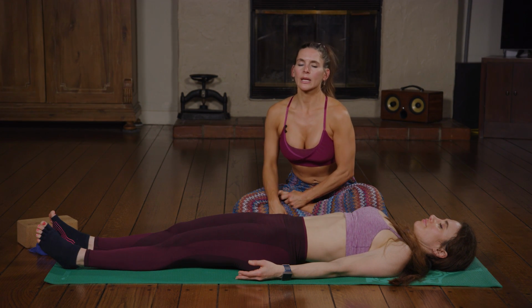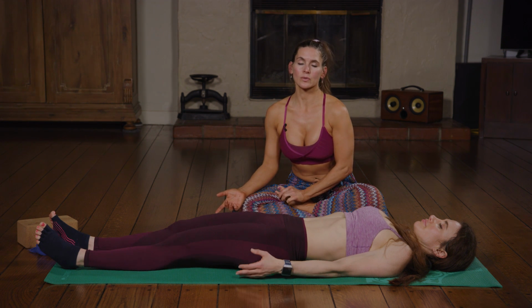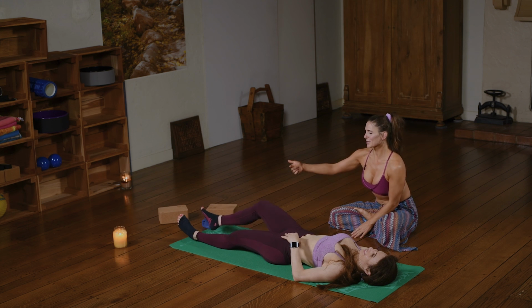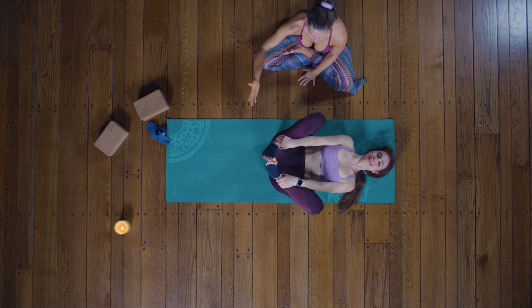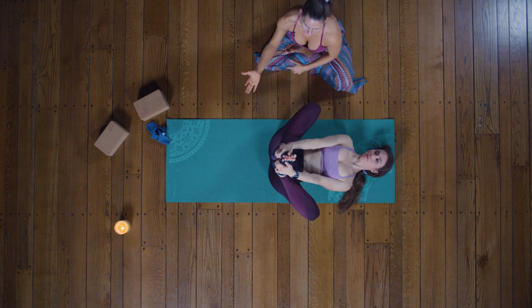And then we're gonna bring ourselves into, the lower body's gonna come into butterfly. I call this one a squished butterfly, but he's not dead, so don't be upset about it. Bring the soles of your feet together, bring them up high. It's not a dead butterfly, he's just kind of getting into a squishy position. You're gonna wrap your feet around and let your knees come out, and then you're gonna bring